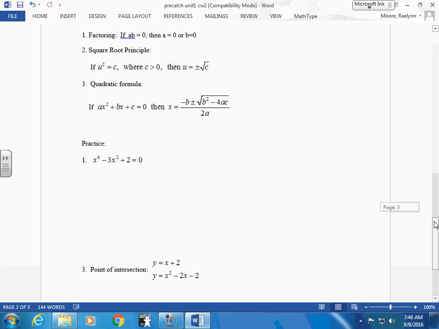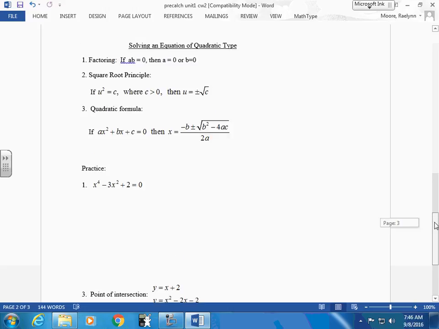Solving an equation with a quadratic type. Quadratic type meaning